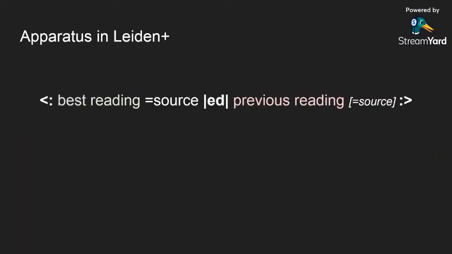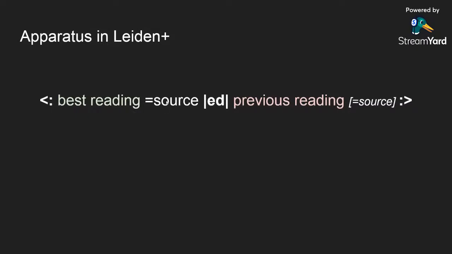To summarize, I think this is my final slide, just to say this is what we will be doing when we're entering apparatus in Papyri.info. The reading that's already in the text is here in the previous reading, and we will simply be putting around it this construct, which has this colon and angle brackets at the beginning and end, and with pipe, ed, pipe in the middle, and then on the left we'll take the good reading from our source,